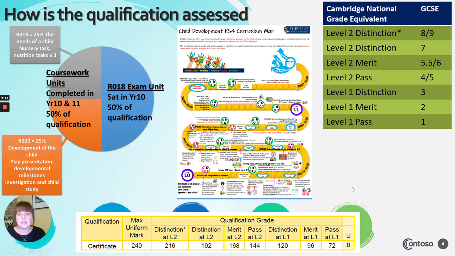So we tend to sit the exam in year 10, in the June, the summer. So when the year 11s are doing their GCSE, the year 10s actually sit their paper. There is an opportunity to resit it in year 11, and if we needed to, we could all sit it in year 11. And then the coursework is bolted onto the exam,